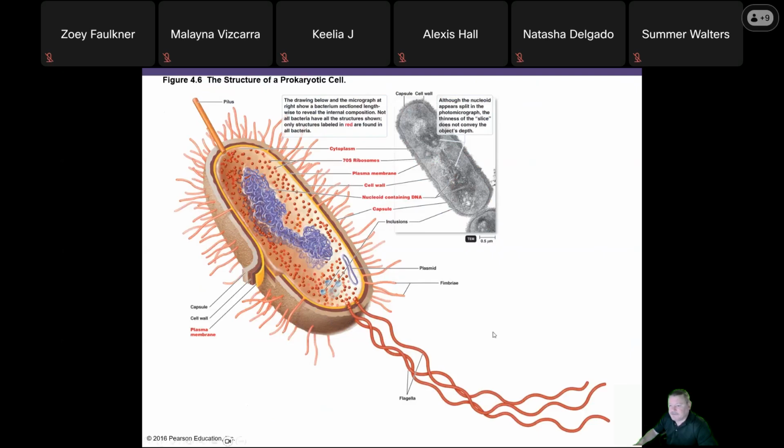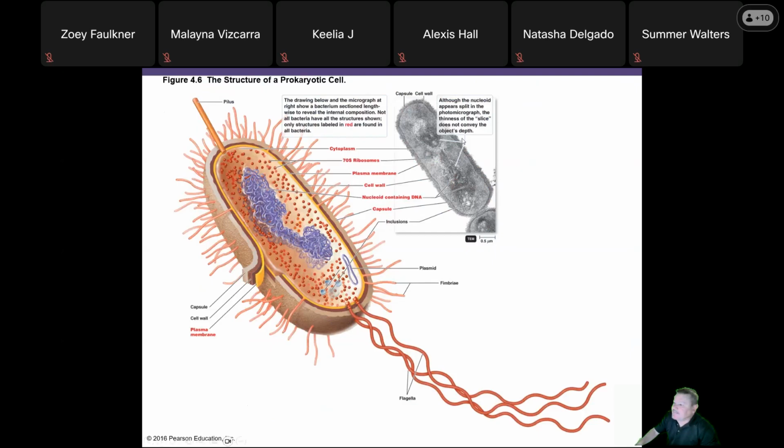It's like a little extra piece of DNA that they can turn on and turn off. And they may turn on and create an enzyme that helps them break down a new source of food if their old source runs out. So let's say they use up all the glucose and they want to start fermenting lactose. They may switch on a gene that makes lactase, which is the enzyme that helps break down lactose. And they can do that and turn that on, turn it off when they need it. You don't want to make an enzyme unless you need it because it's a waste of energy. So they turn that gene off when they're not trying to consume that lactose in this case. But when they run out of food, they need to switch it on so they can start utilizing a new